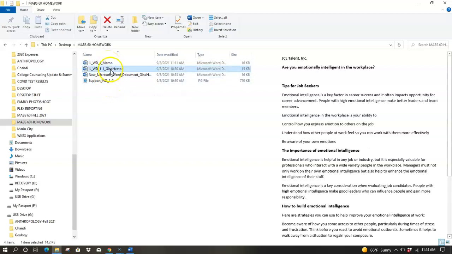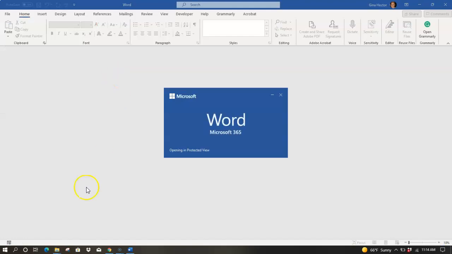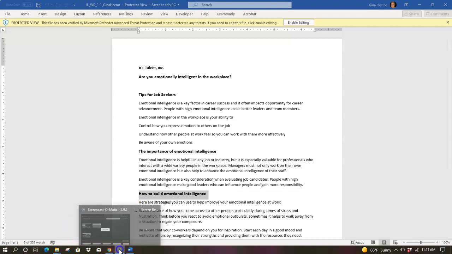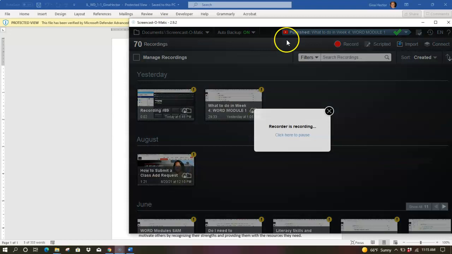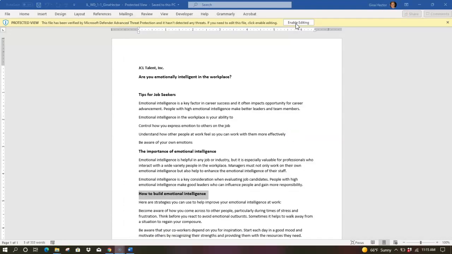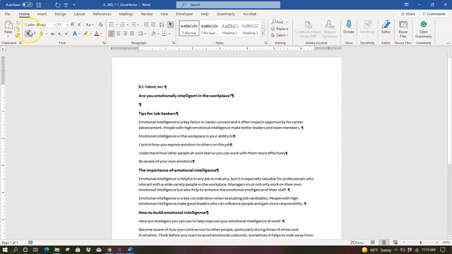It already has your name attached to it, so I'm going to go ahead and select that. Okay, so I'm going to click Enable Editing on this document that I just opened,